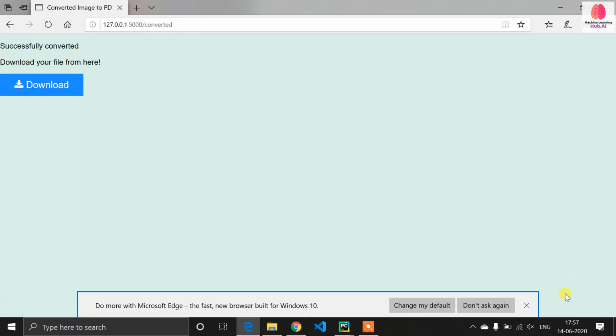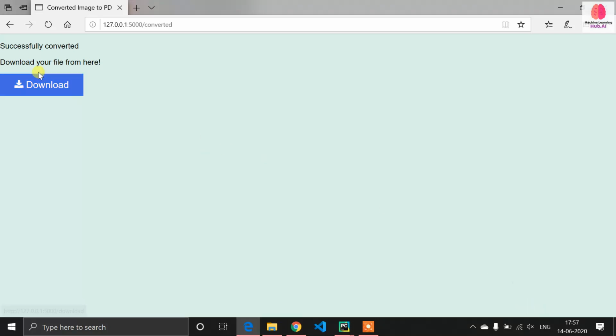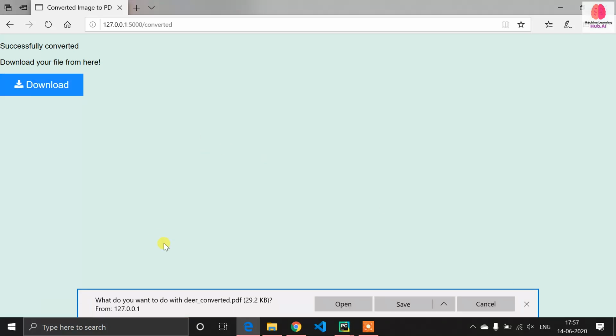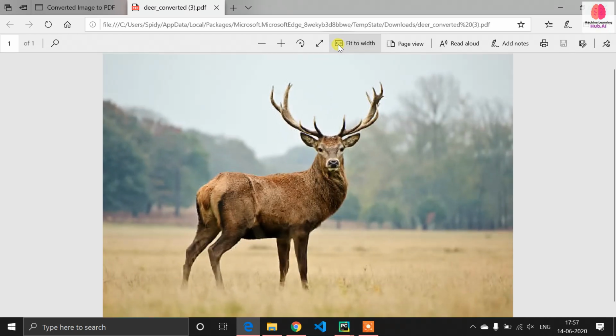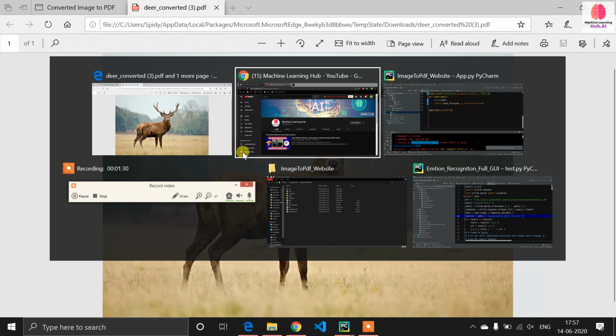Now you can see there is an option here to download. When I click on download, it will give me a file. You can see there is a message here, deer converted.pdf. Now I want to open that file. You can see our image is converted. Now this is the PDF file.